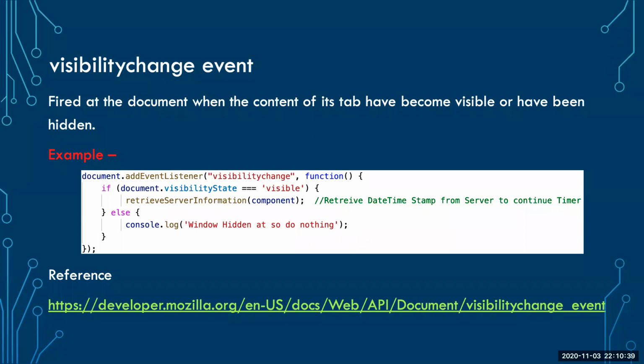Let's say I minimize the Chrome browser. At that time, if I check document.visibilityState, it goes into hidden mode. At that time either I'll kill the set interval or I can just leave it, because it will go into sleep mode, right? But once it becomes active, where document.visibilityState equals visible, then I find that my document has become visible. Now I go back to the server, retrieve the information, and then kickstart the timer. So now it will start running exactly without any lag. So this was useful as well.